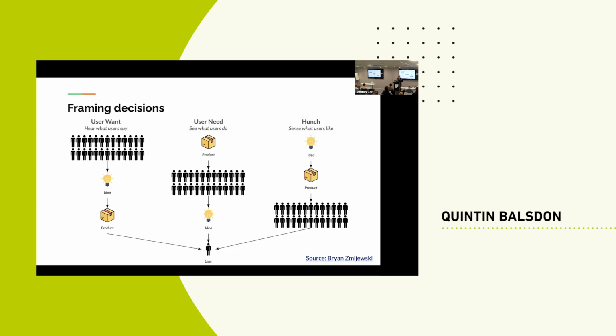We could look at what users do with existing products and then come up with our ideas based on that. Or we can have a hunch and try to create an idea, generate a product, and put it out there to users. I'm not saying which one is better here, but if you want to maximize your profit and how you were initially perceived, you would need to understand that these 3 models are being put into place.